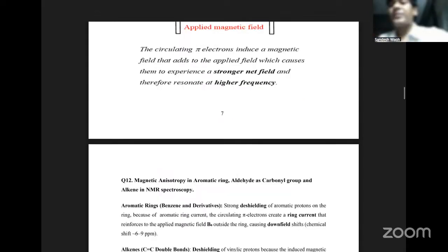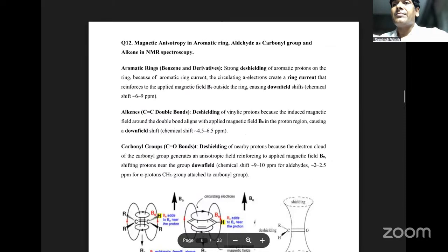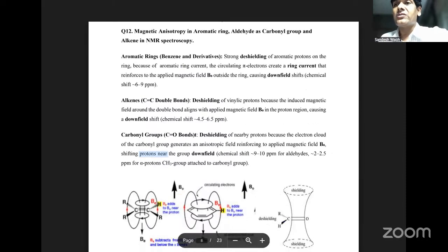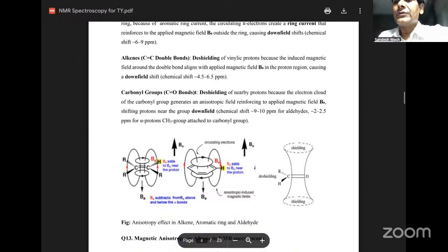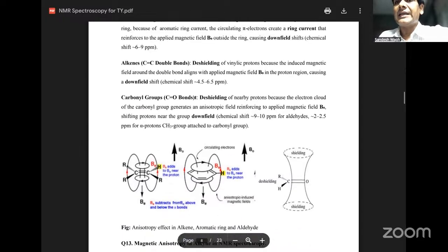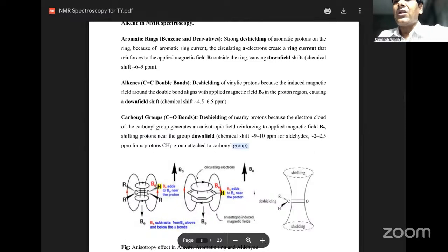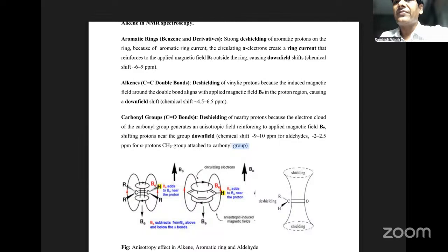Let's see another example of magnetic anisotropy in the context of the aldehyde. Okay, so look here again, the same example. The aromatic ring we have already discussed. The alkene we have also discussed. The chemical shift value you can see here in case of